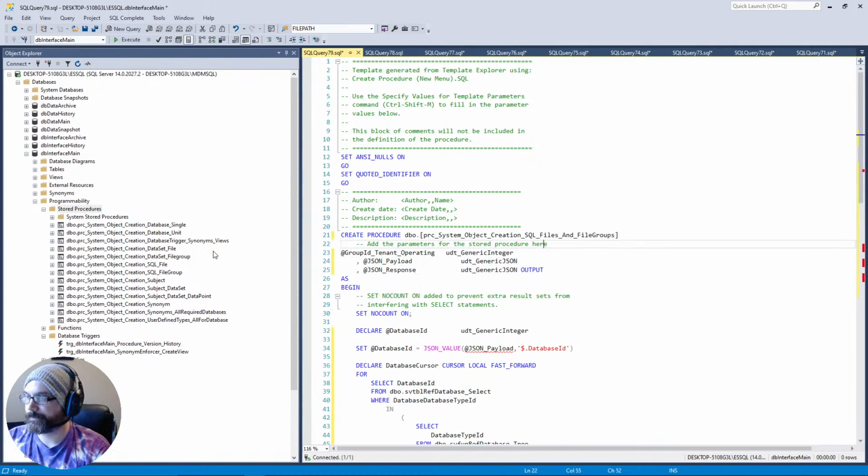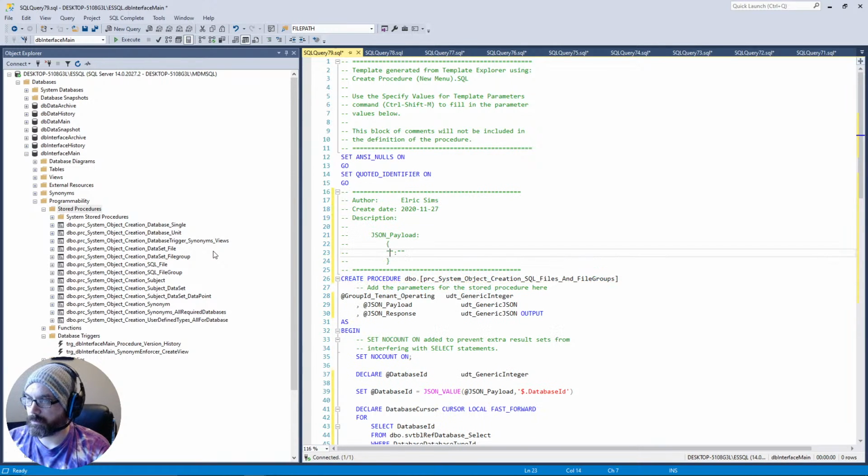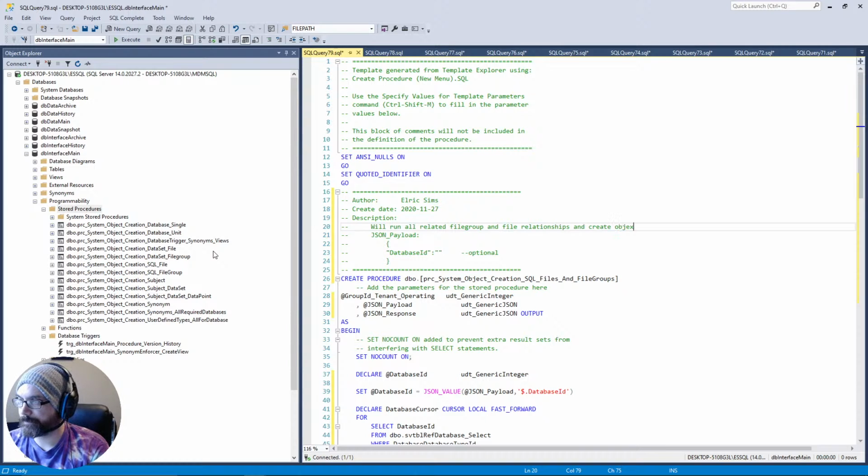Parameters, headers, database ID, optional. We'll run all related file group and file relationships and create objects if necessary